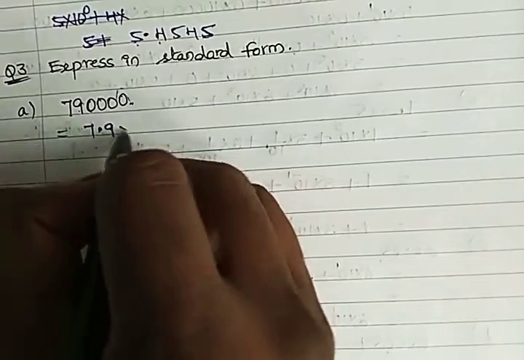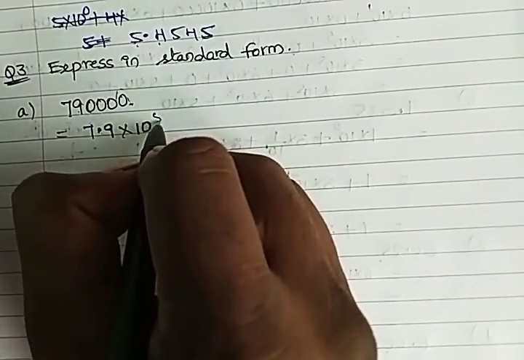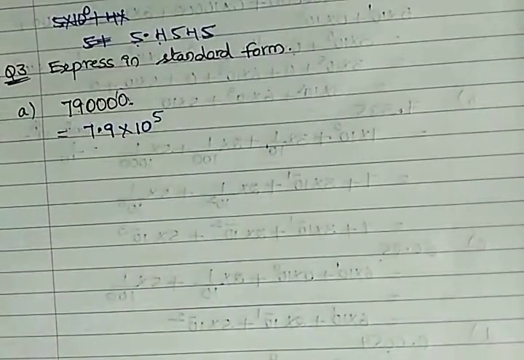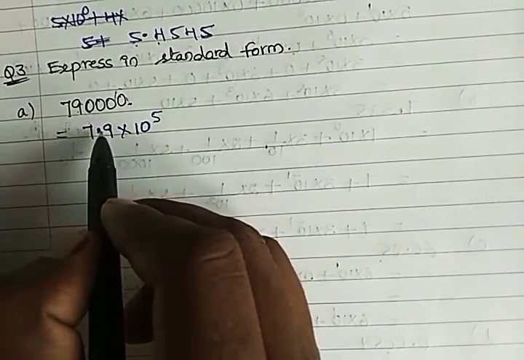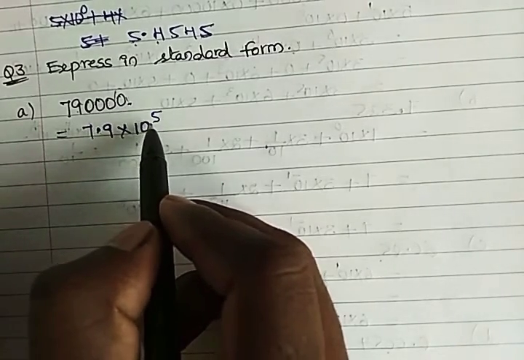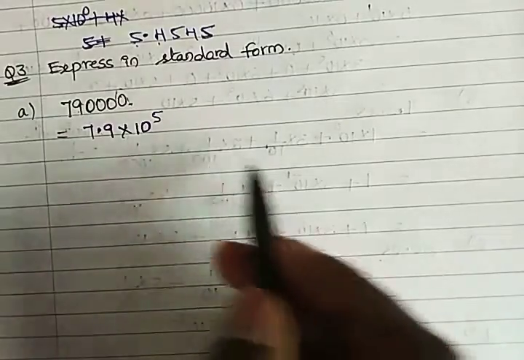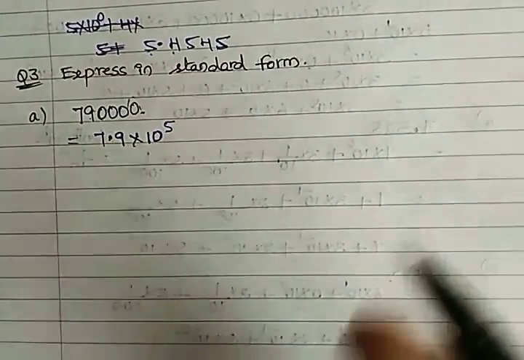So it should be written 10 power 5. When you shift the decimal point towards the left side, you will have to multiply it with 10 power 5. What I told you, the shortcut in the previous question, is different. Okay, when we multiply,